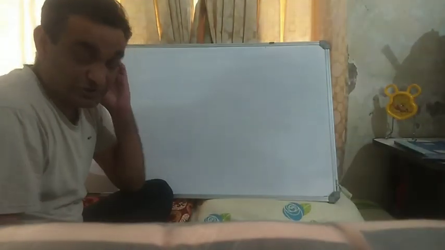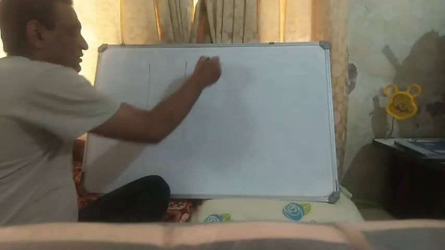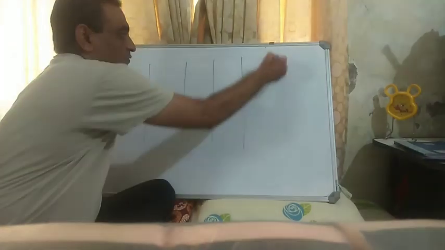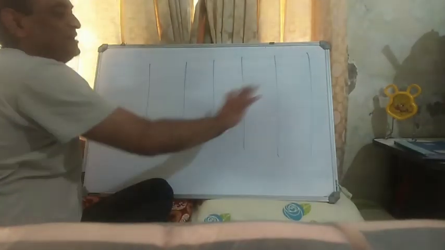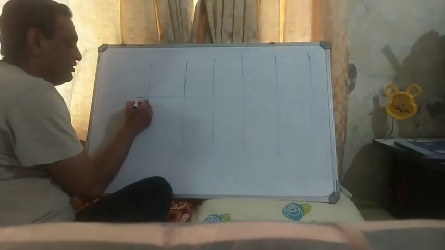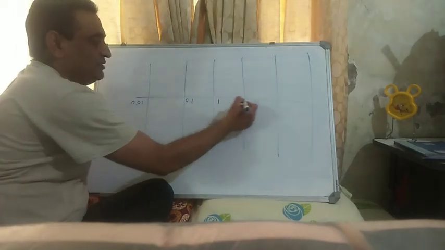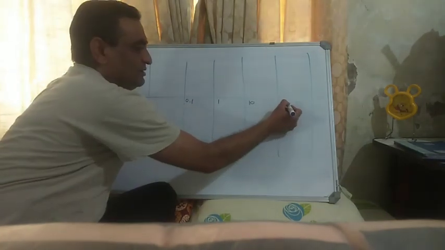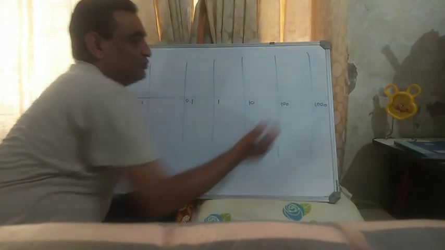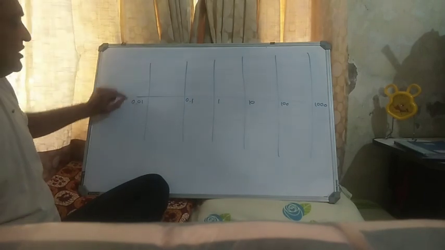Alright. So this was about the frequency scale. If there is a 5 cycle graph paper, with cycles 1, 2, 3, 4, and 5, and this is the axis, I can start from point 01. This is 0.1, this is 1, this is 10, this is 100, this is 1000. So you can see that the frequency was taken from a very, very low frequency, that is 0.01.